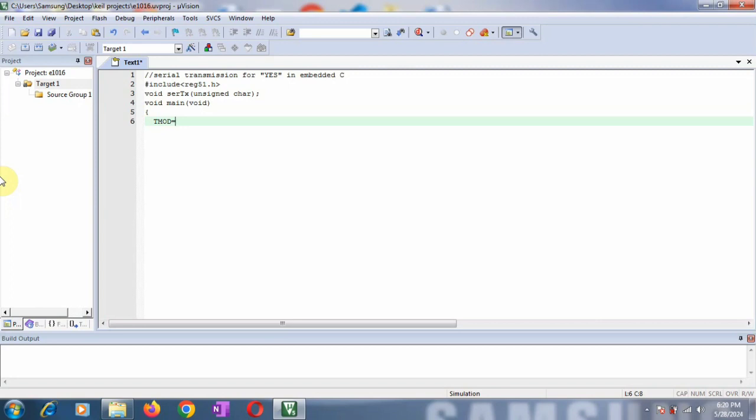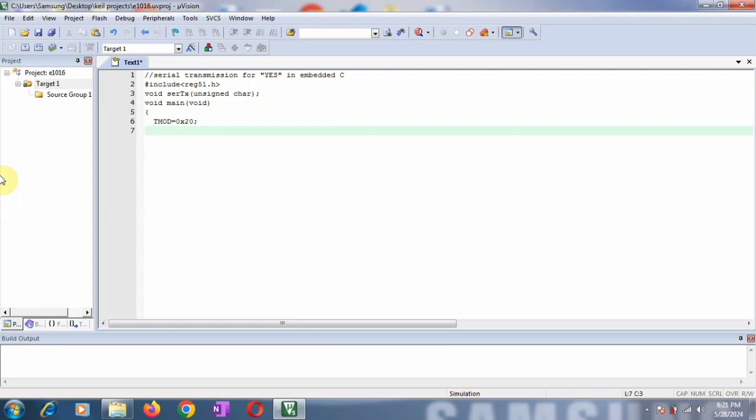So the TMOD register is related with the timers, which we have already seen in the previous videos. I will provide the link of this in the description box, so you can go and check out that video. I am loading the value 0x20, because for setting the baud rate we are using timer 1 in mode 2.